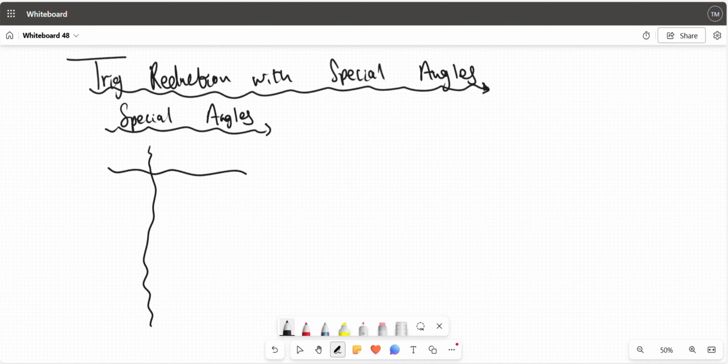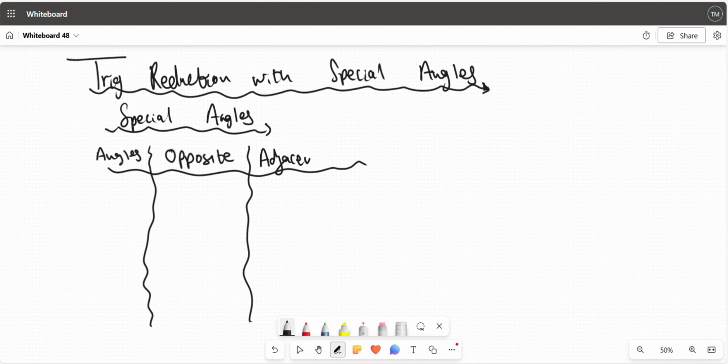let me just draw a table. Here you'll have your angles column. This is your opposite column. This is your adjacent column. You need to know how to make this table. So me showing you this is me showing you how to compile this table. The hypotenuse column. All right, then